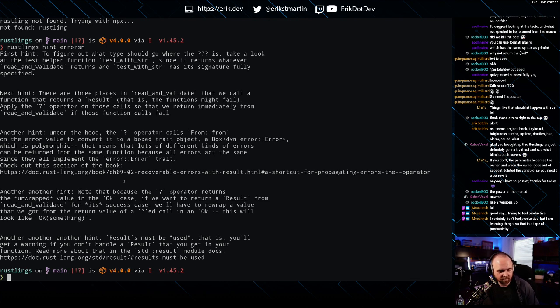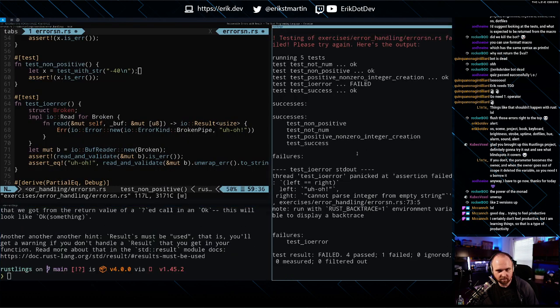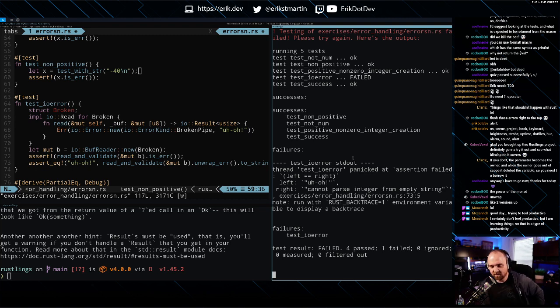Okay, so we solved that. If we want to return a result from the read and validate for its success case, we'll have to rewrap a value. We already did that. Results must be used. That is, you'll get a warning if you don't handle a result that you get in your function. Okay. So all of that should be fine.